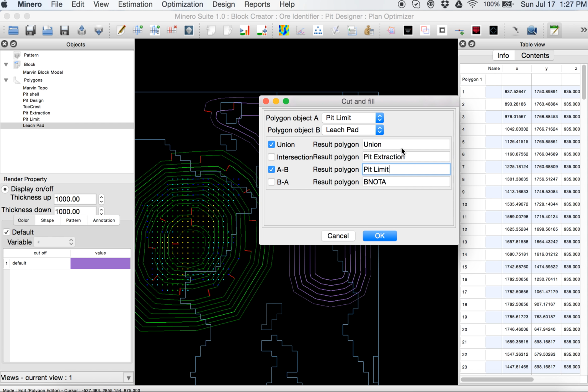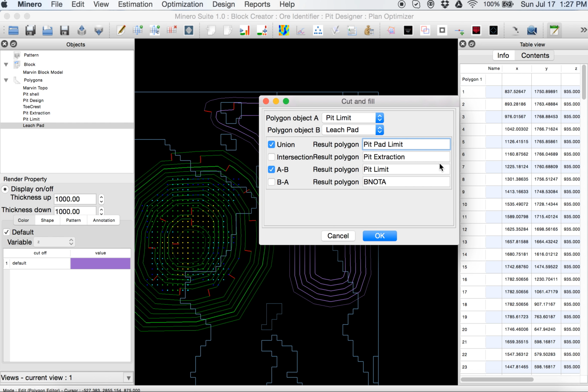Union will give me the total, it's a simple step. I can call it pit path limit.